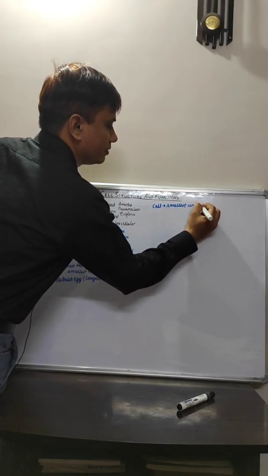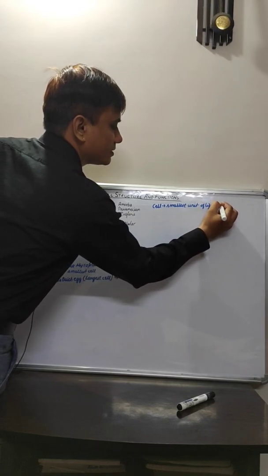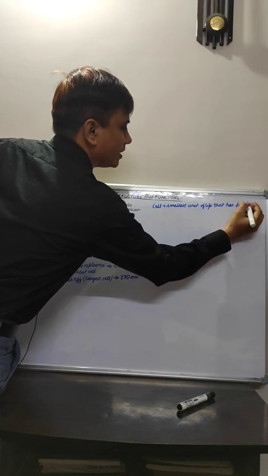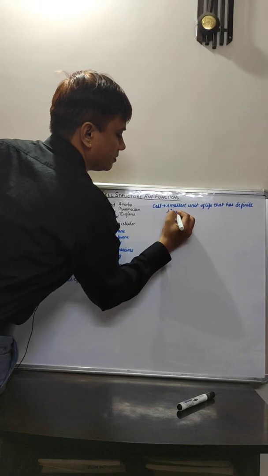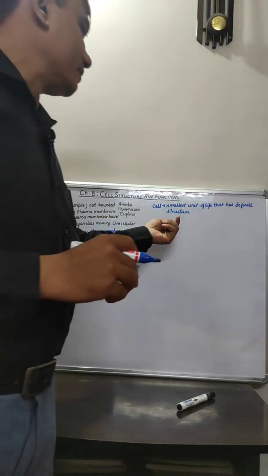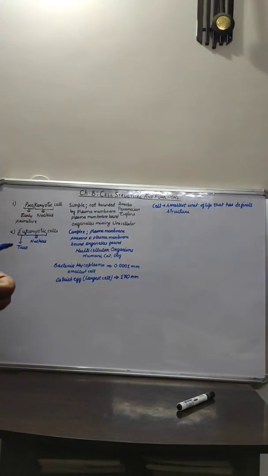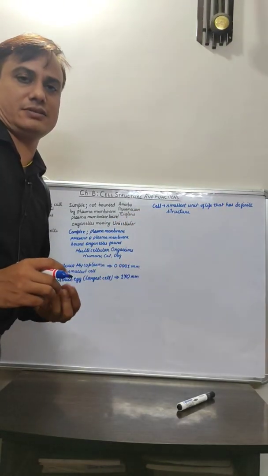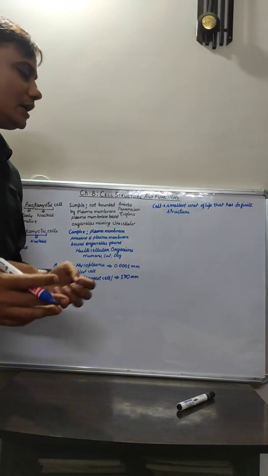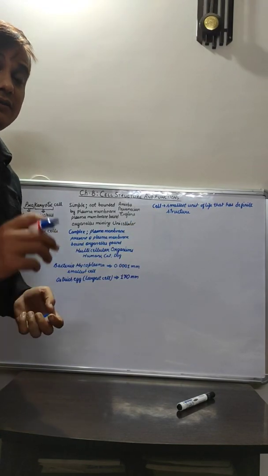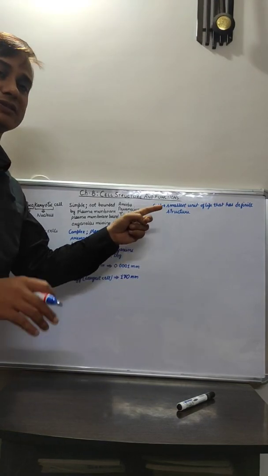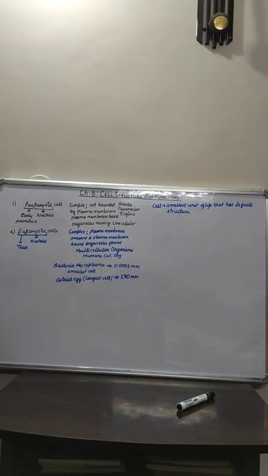The smallest unit of life that has definite structure. Right. Now you will be asking me why I am writing here again the definition of the cell. I am writing it here because this cell is the basic, this cell is the origin of life. If the cell is not there, no living organism can evolve. Everything has evolved from this cell, right? We have talked about the unicellular organisms, right? So it was this particular cell from where life has actually originated, right?